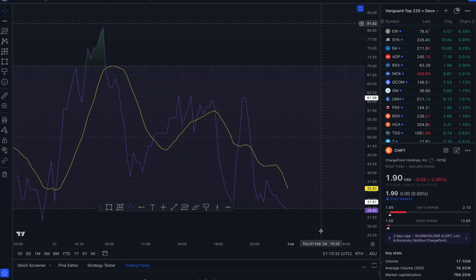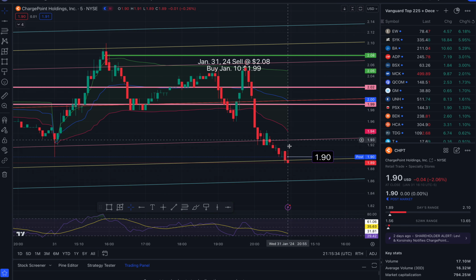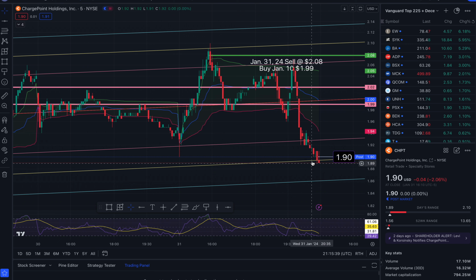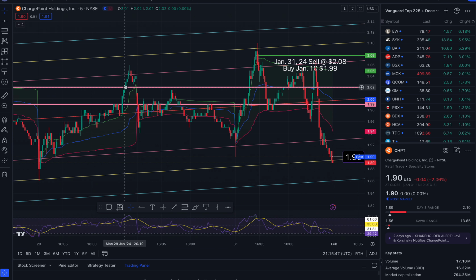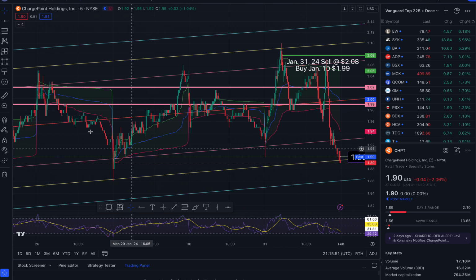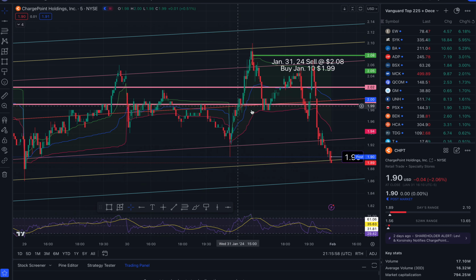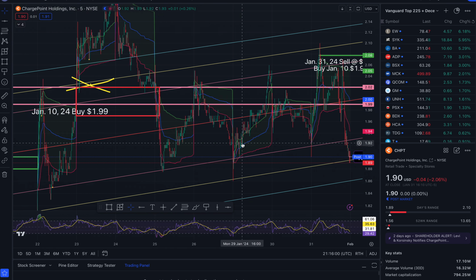The RSI is still going down. So this could go down a little bit more, go sideways, and then hopefully curl back up. But this is at support. Note the support line here and a bounce. Sell off at resistance, back to the middle of the trend is support and another bounce. Sell off, bounce at support. Sell off at resistance. So I have traded this in the past, but the most recent